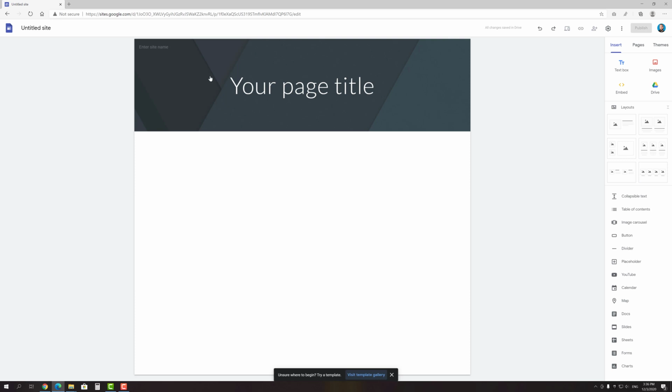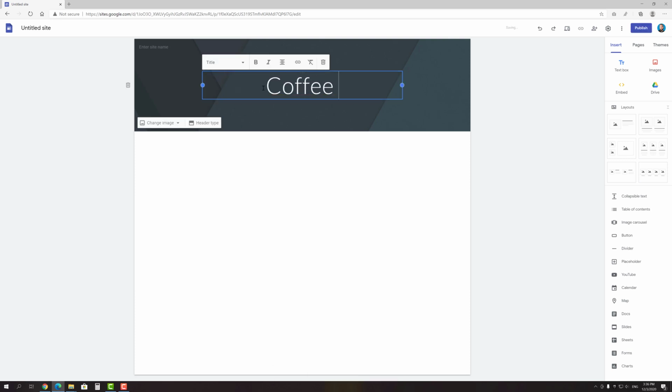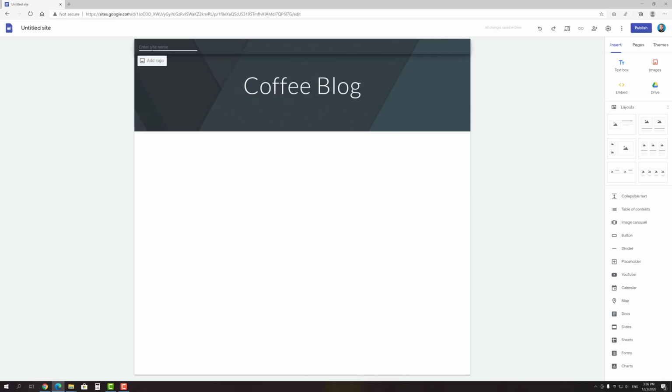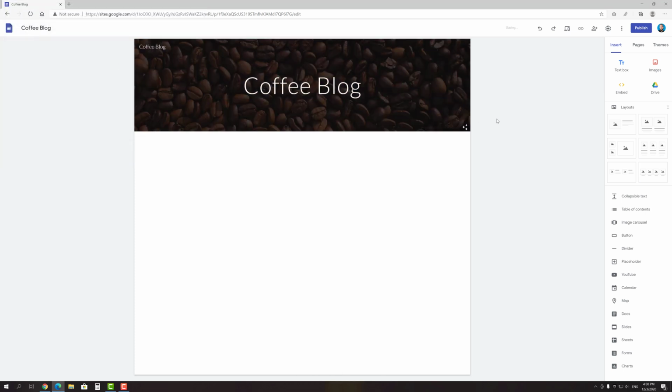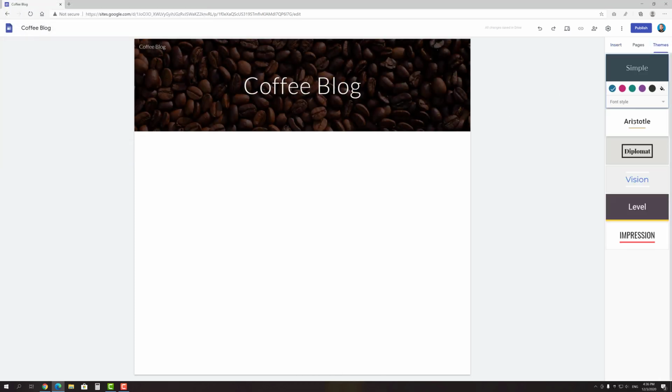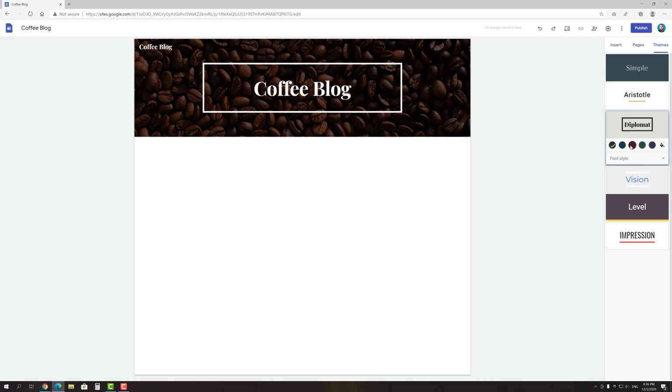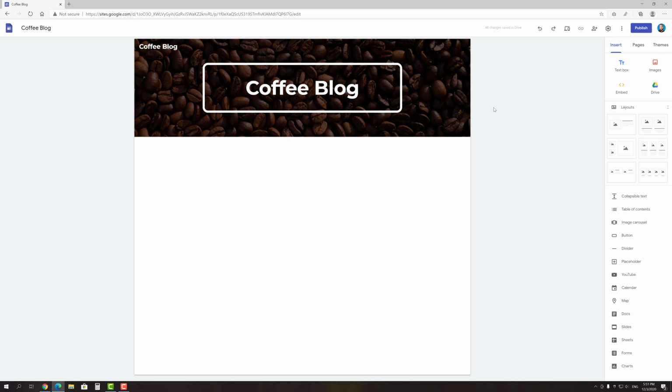Let's start from entering the title of the homepage and the site name. Now let's upload the background image for the header. You can also change the color scheme of the entire site on the Themes tab. I'm going to add navigation with the most popular articles to the homepage. It can also be categories or any links you want to add, this is just an example.